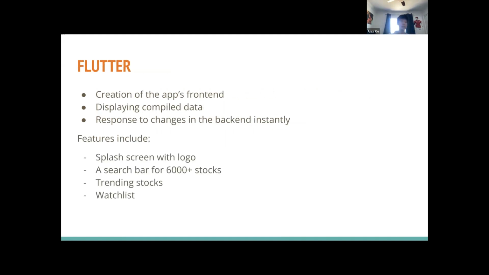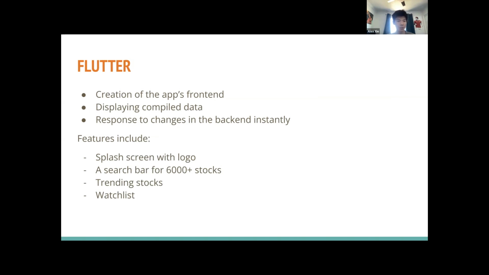Here I'm going to talk about the front end of the app. It's getting into the details a little bit more, and the programming part. We used Flutter to program this app, and it is done in the language of Dart. Flutter is basically a platform created by Google for you to build any software you want.